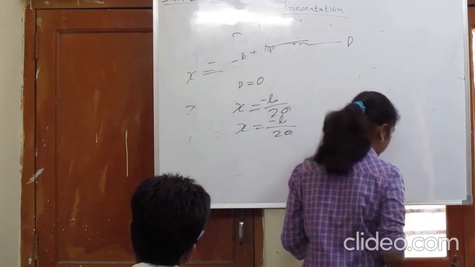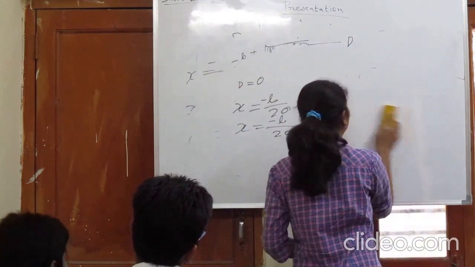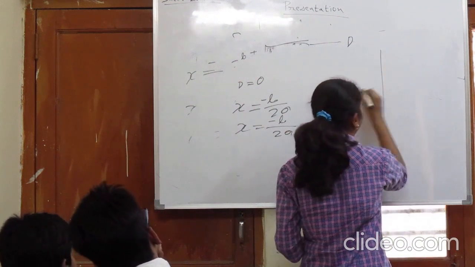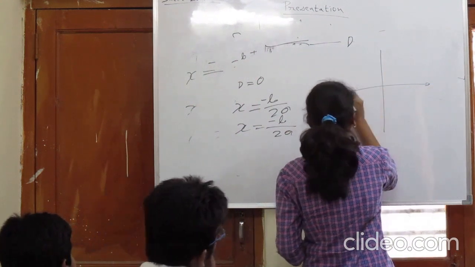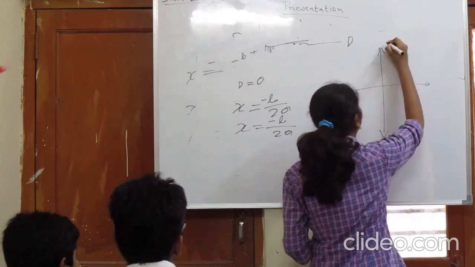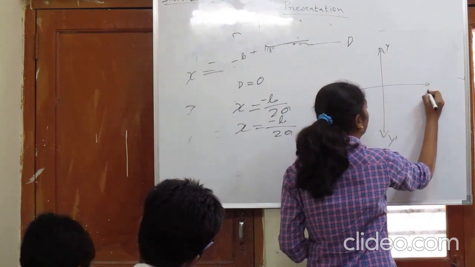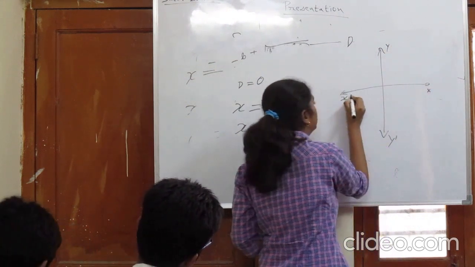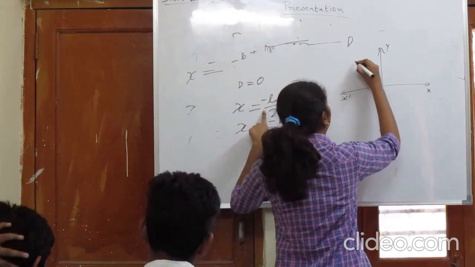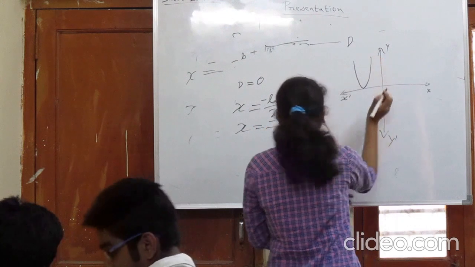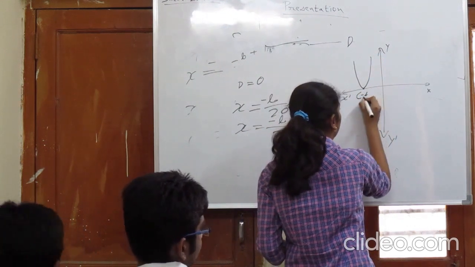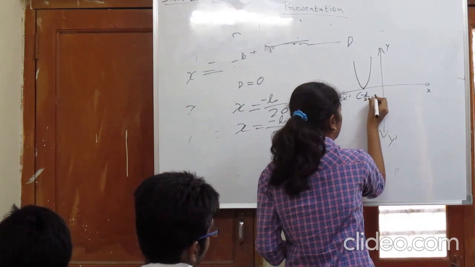On the chart, x equals to minus b by 2a. So then the parabola chart, the x is minus b by 2a plus